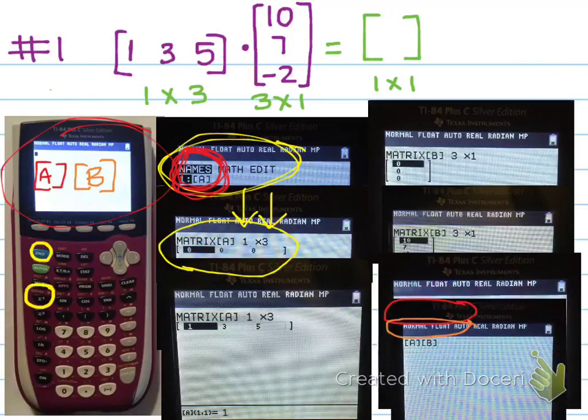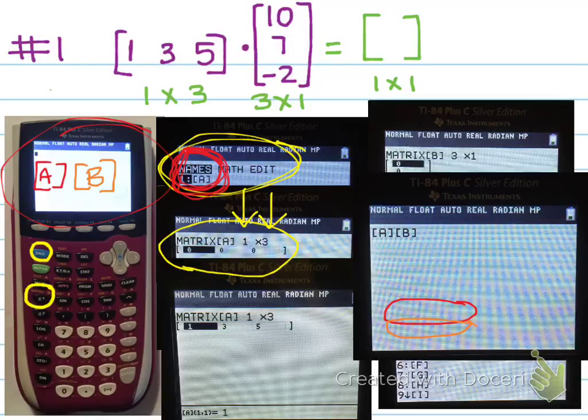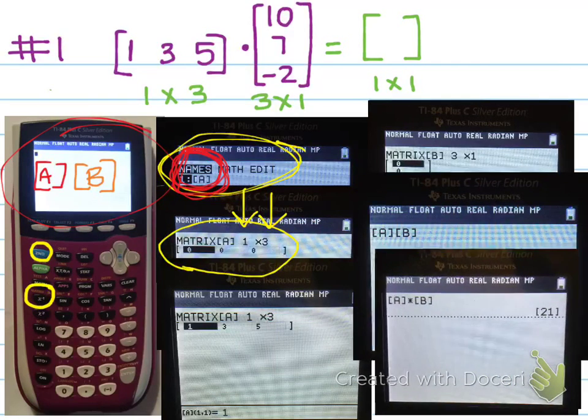So know that when we have two things right next to each other, that means that they're being multiplied. So don't worry about putting the multiplication symbol in. You can if you want, just to make yourself feel better, but this is perfectly fine too. This means multiply. If we subtract, obviously we want to put a minus sign, but you know that 2x is 2 times x, so that multiplication symbol is understood. So then you hit enter,